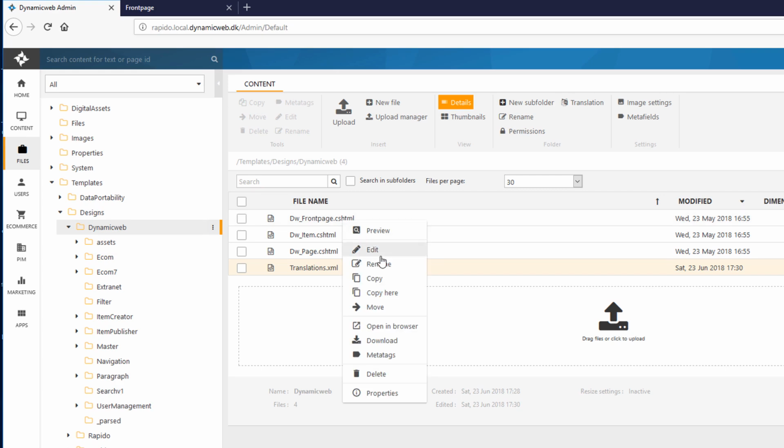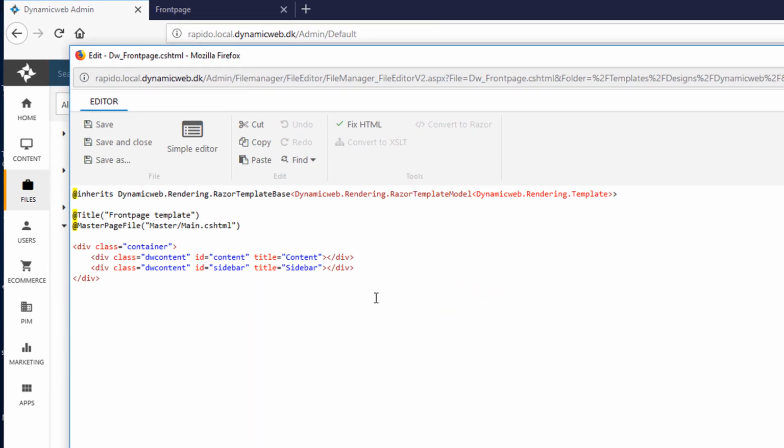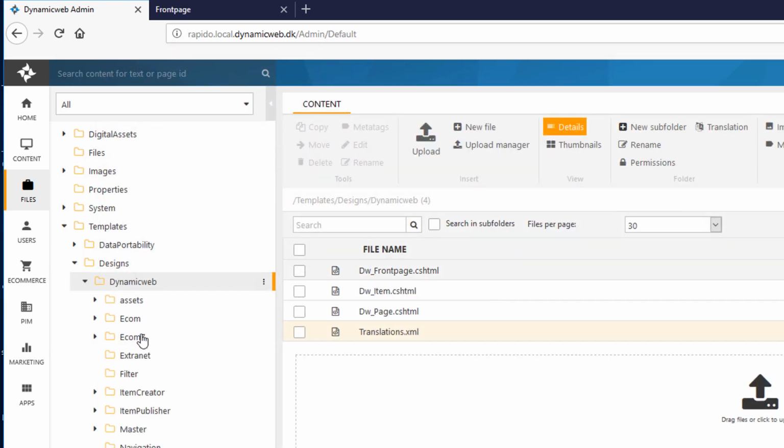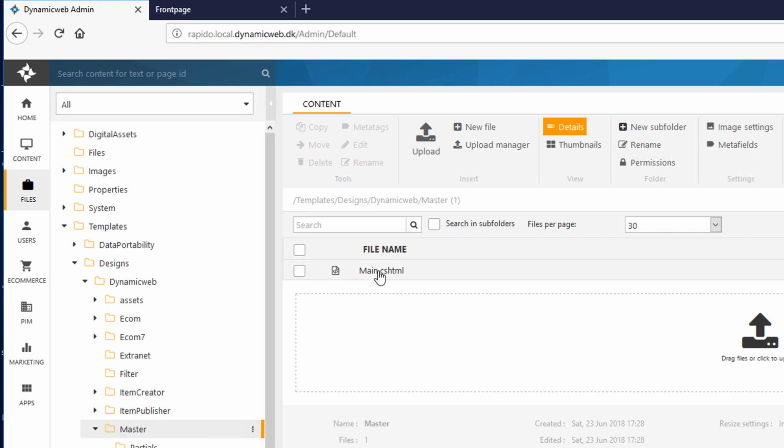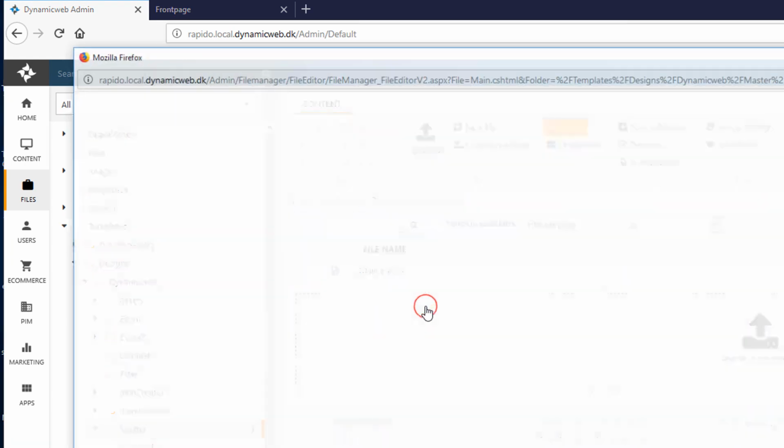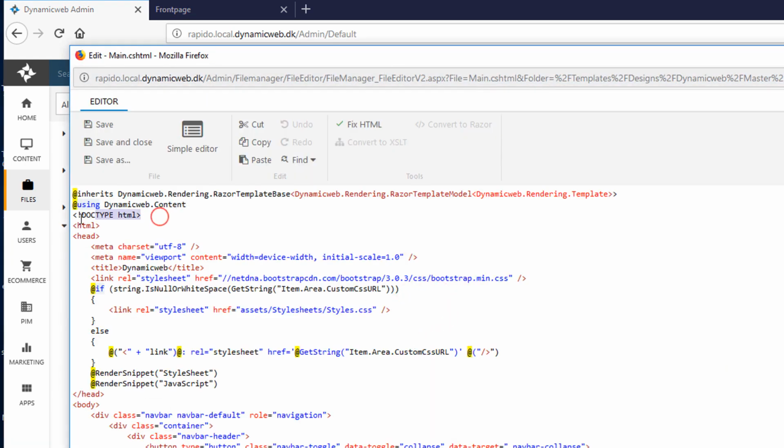So if I right click this one and I click edit, you'll see that also in this case, as we did with the Rapido website, we have a reference to the master template, and it's situated in a master folder called main CS.html. So if I go back here, I have a master folder right here and I have a main, and right clicking and editing that, you'll notice the very same thing again. We have the doc type like an ordinary index file would have, and we have the references to our style